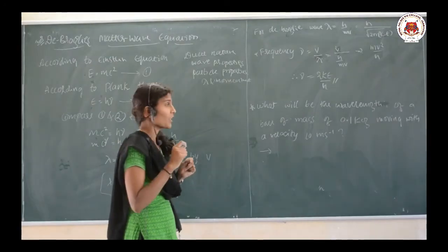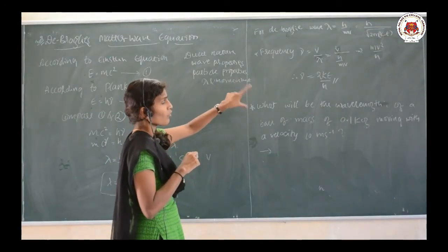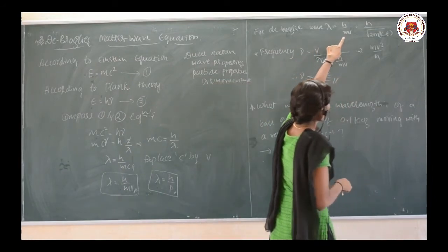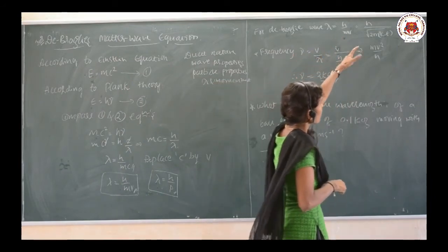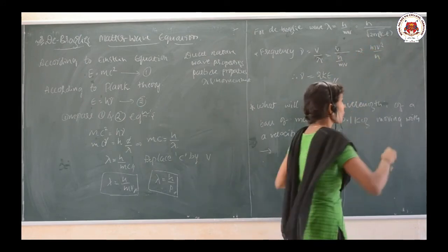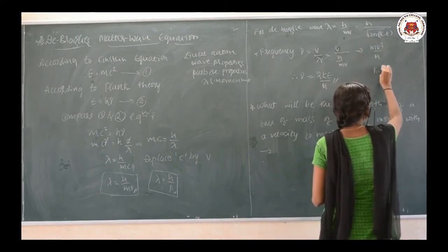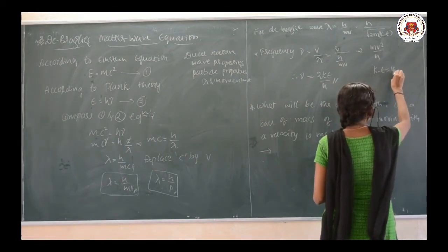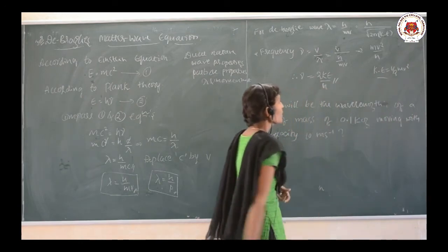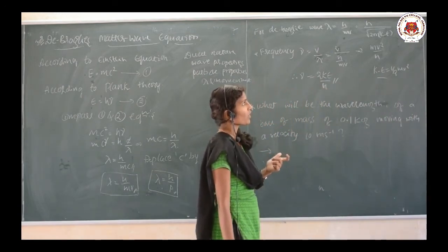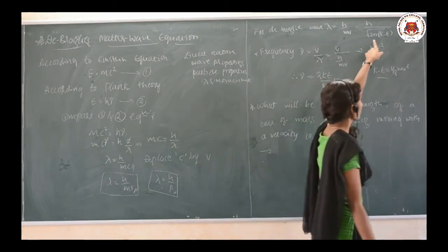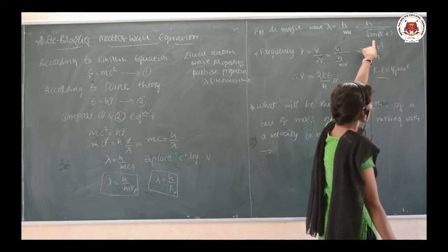So, let us discuss a few of the formulae here. Lambda is equal to h upon mv, and this can also be represented by h upon square root of 2m into K. We have the kinetic energy K is equal to half mv square. So in this formula you can separate out the mv term, and you are going to get the value of this one, square root of 2m into KE.